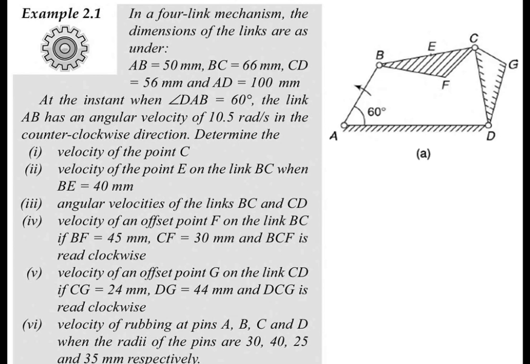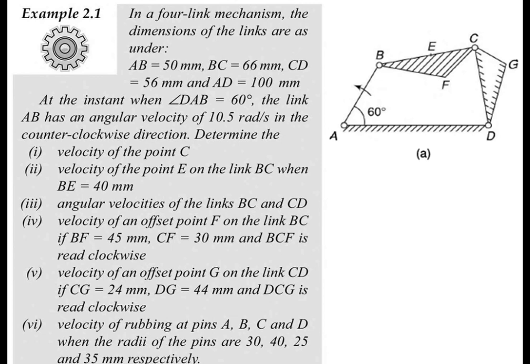Okay, so the first step is to draw the space diagram. First construct A, B, C, D, then mark point E, mark point F, mark point G. That is your space diagram. We will solve this in the next class, but you can draw the space diagram and keep it. You know the method of how to draw the space diagram.